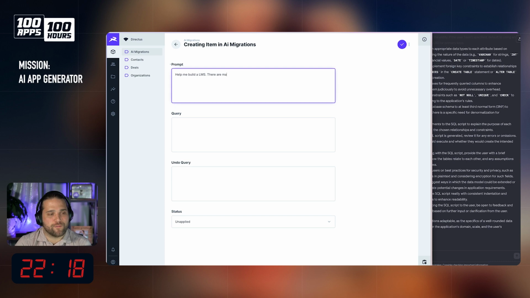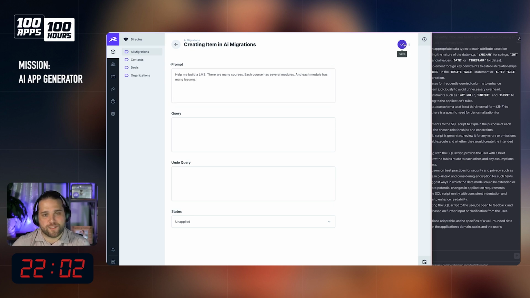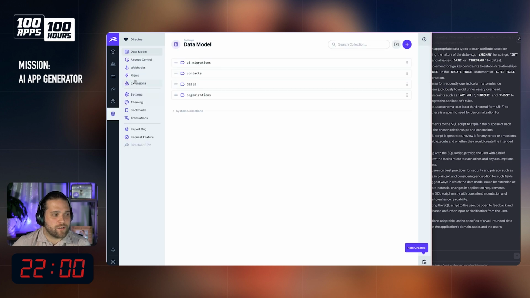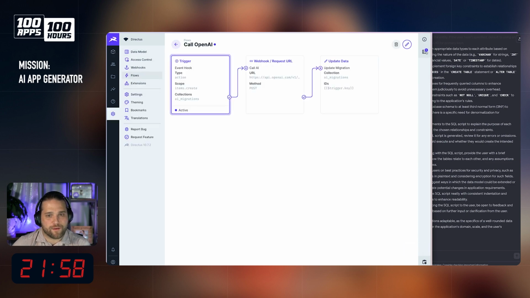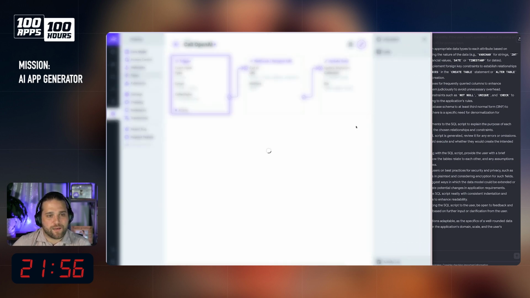There are many courses. Each course has several modules, and each module has many lessons. Okay, so if I save this, that should call the OpenAI API